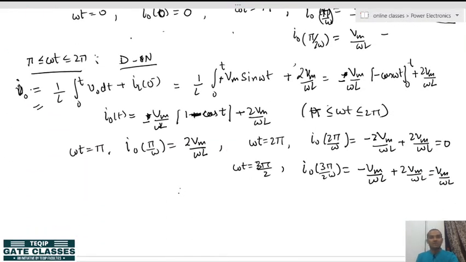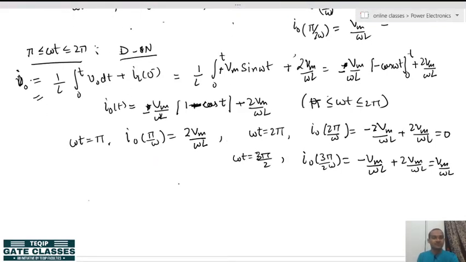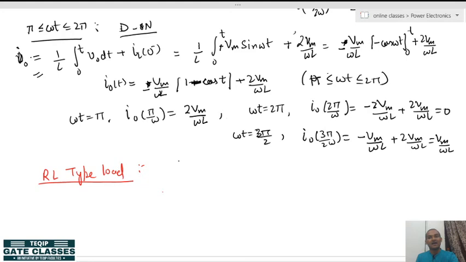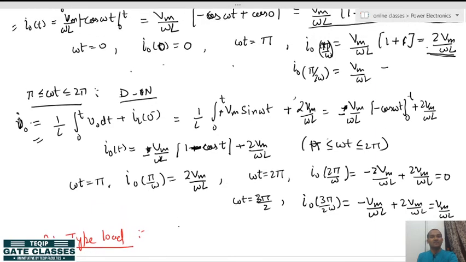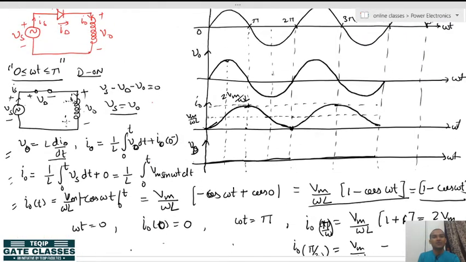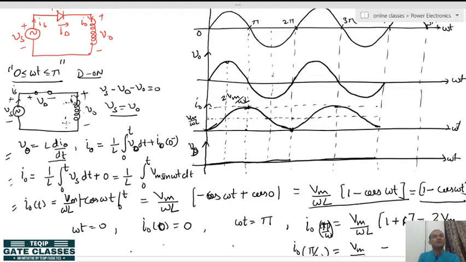So now, based on this analysis, let us take another load, that is the RL type load. When we take the RL type load, let us have the circuit diagram. In the previous circuit, if you try to follow the average value and RMS value of the load